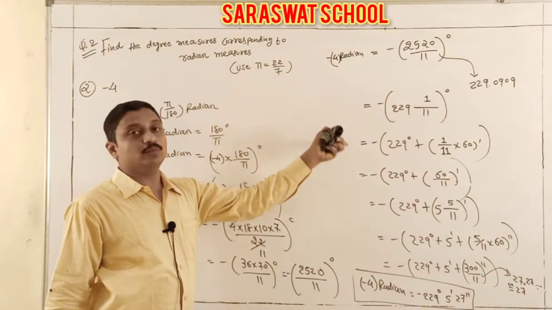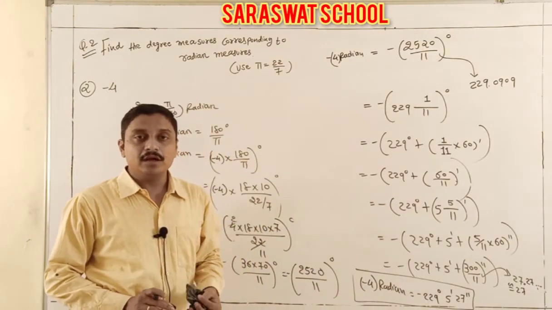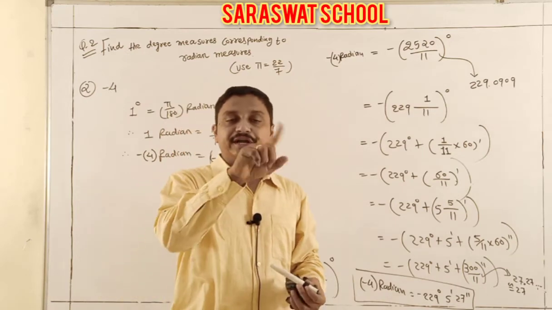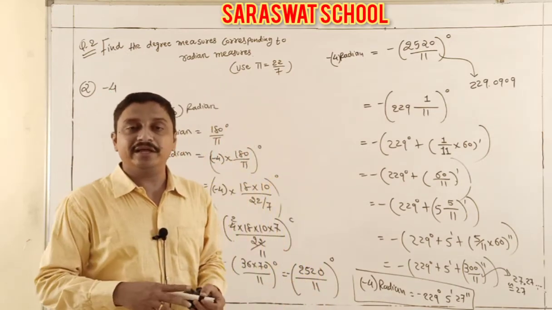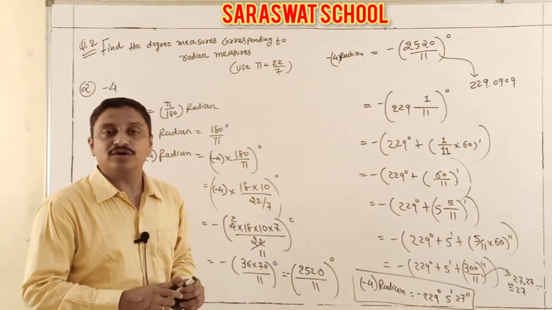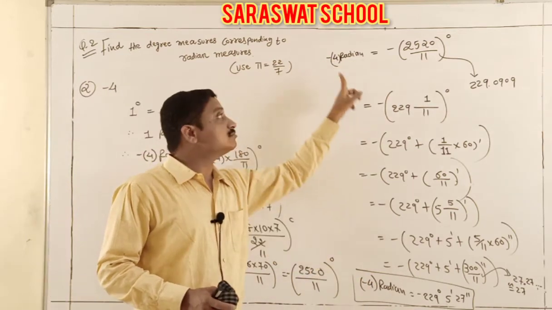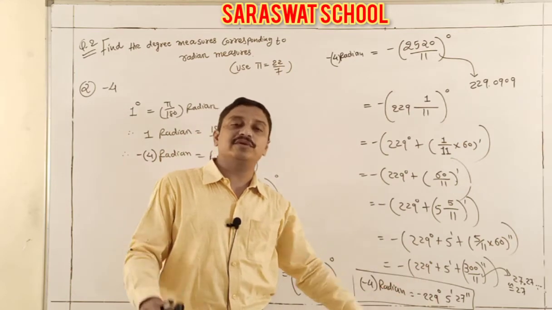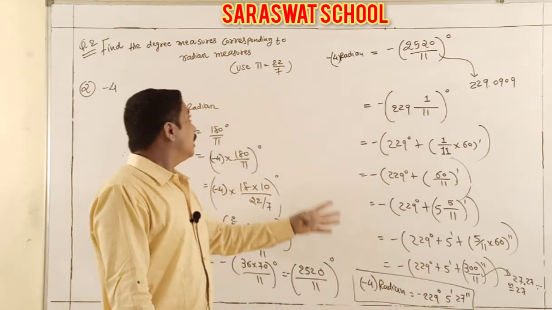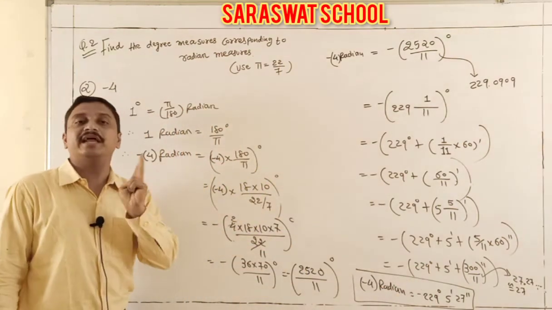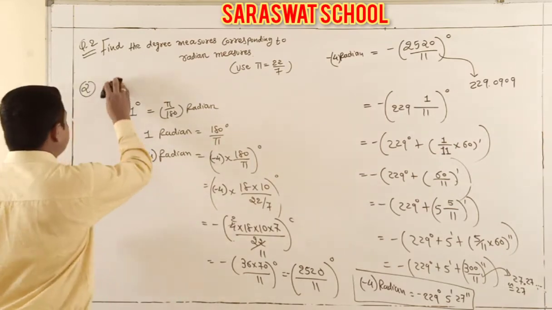And students, here your numerical is done. Now, if you want 1 radian, 2 radian up to 10 radian, in the last part I already gave it to you for self calculation. Students, here 4 radian is already the same answer, only with a minus sign. Then your answer is -4 radians. Now our second question is done. Now continue, I move ahead.